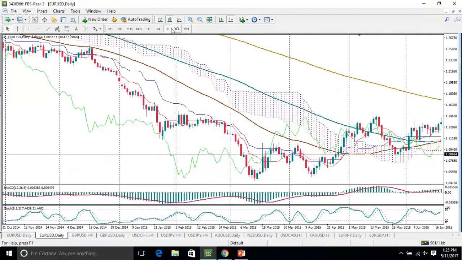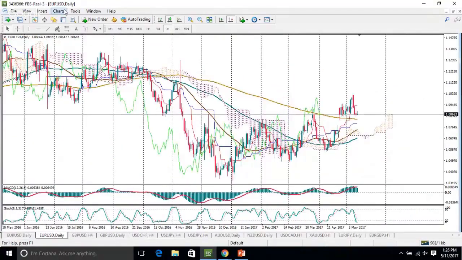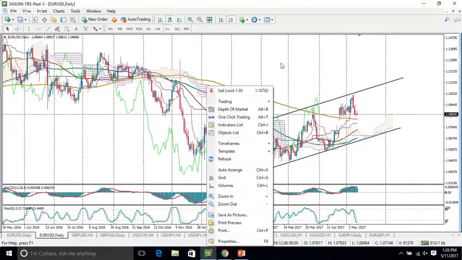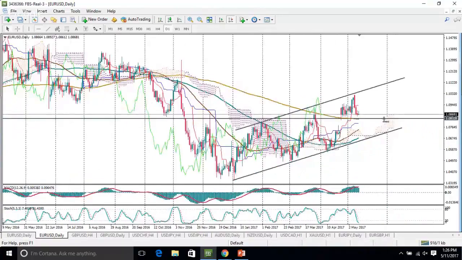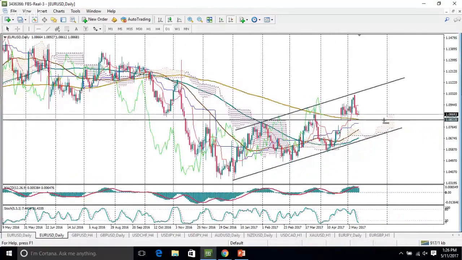On the daily chart, we still see that the pair has this upside bias. It is trading in the rising channel, but it reversed down from the upper border of this channel and is now moving lower. Here we also have important moving averages we need to be aware of,